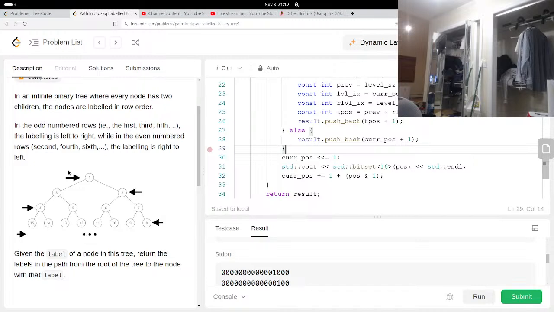Let's try 10. To get from 1 to 10, you would, I think, multiply by 2 to get 2, then multiply by 2 again. This time add a 1. 1 to 2 to 4 plus 1 is 5. 1, 2, 5. And then